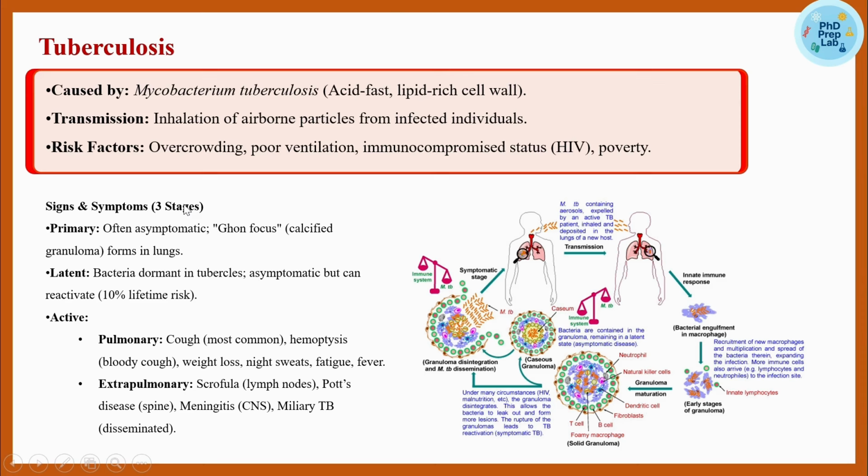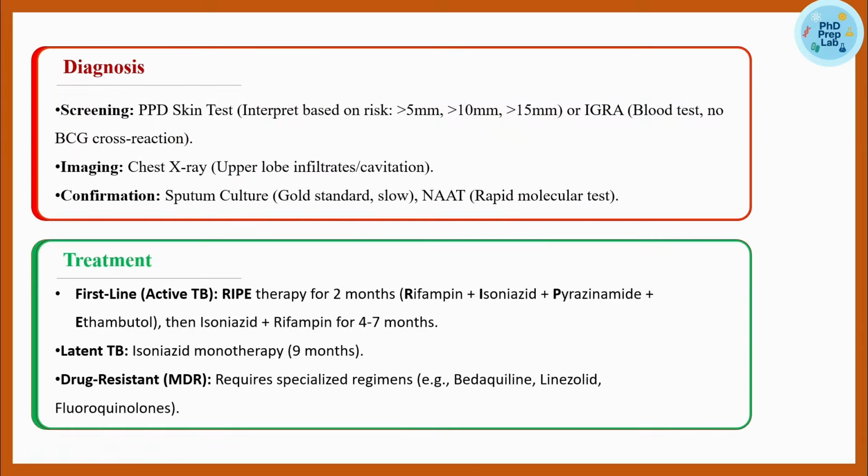You can see certain symptoms as well, which include cough and hemoptysis, where the cough will contain blood. You also observe weight loss, night sweats, etc. For the diagnosis, usually the screening is done through the PPD skin test or IGRA, which is a blood test, wherein imaging with an X-ray is also done. And then to confirm the diagnosis, the confirmation is the sputum culture, which is the gold standard for